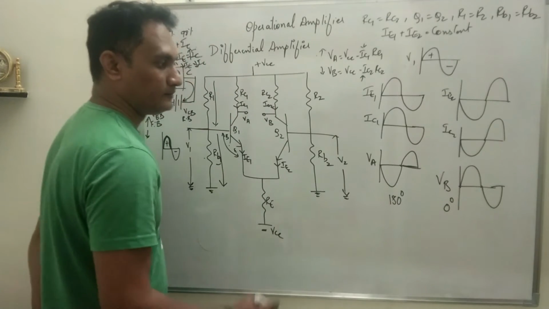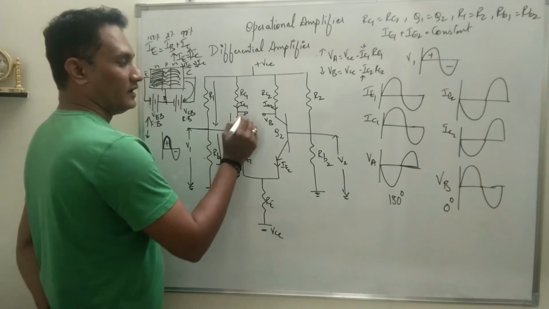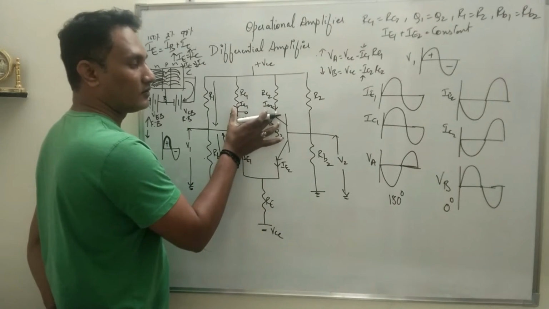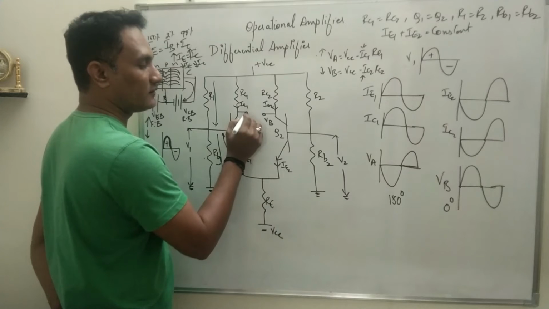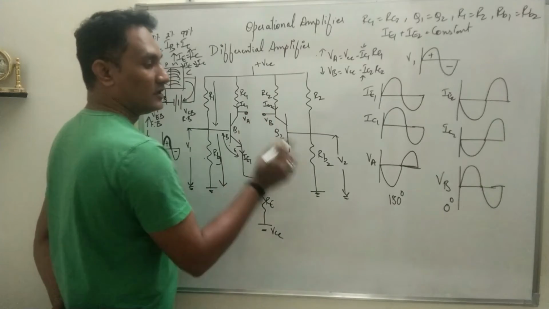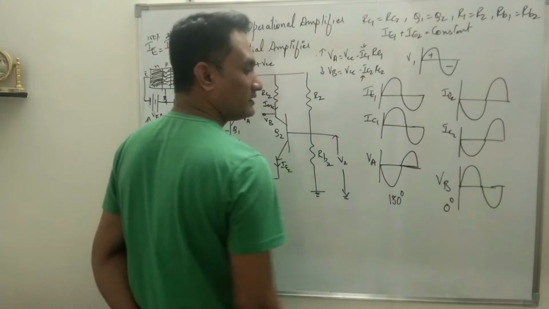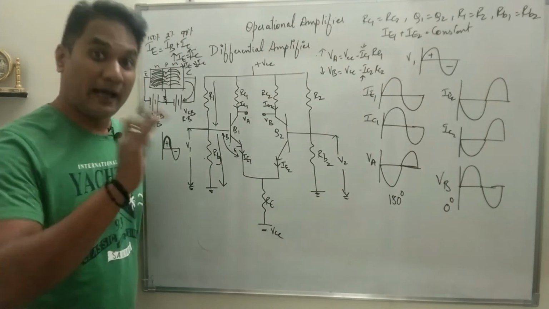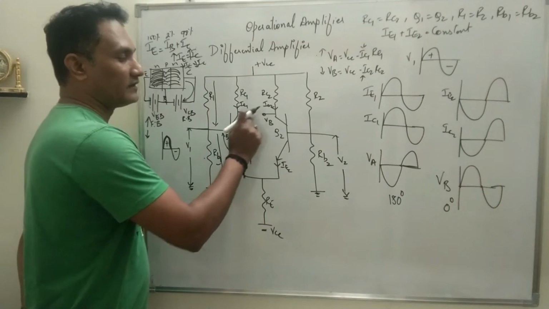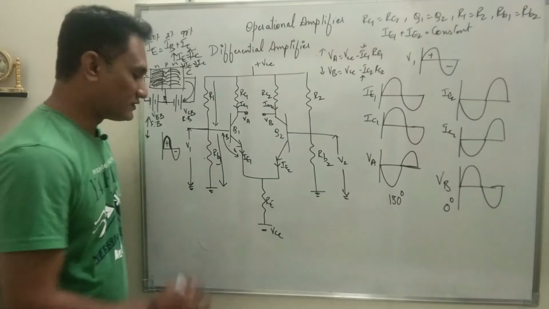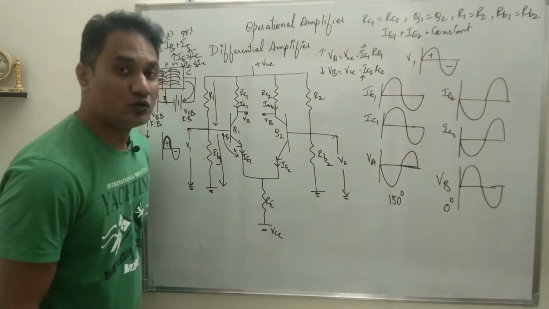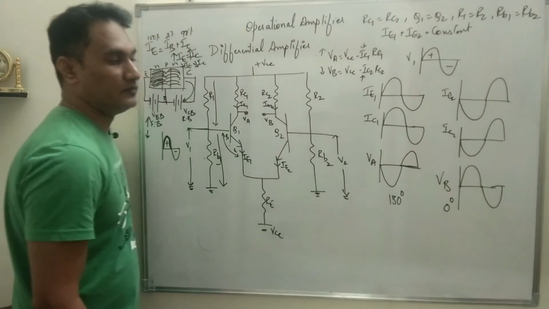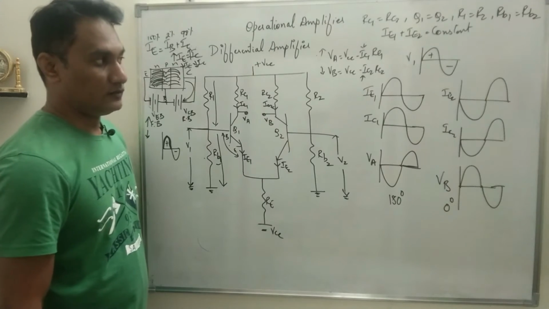And the current which is flowing through both these circuits will be common, or the voltage drop which is produced will be the same. So what happens is these two signals are 180 degrees out of phase, they will cancel each other and the output will be 0. That means in the absence of input signal, the output at this point should be 0. But as soon as input is applied, we will get two outputs, one with 180 degree phase shift, and at VB you will get 0 degree phase shift.